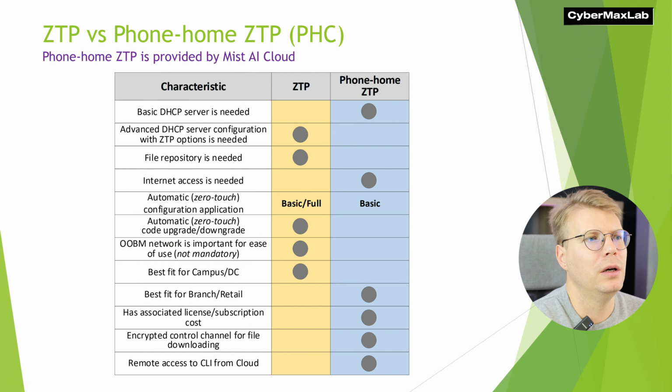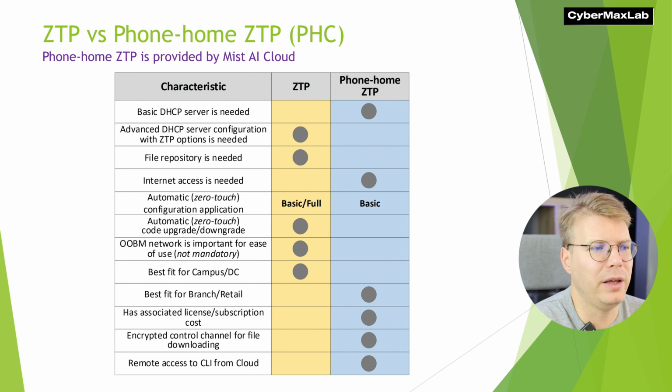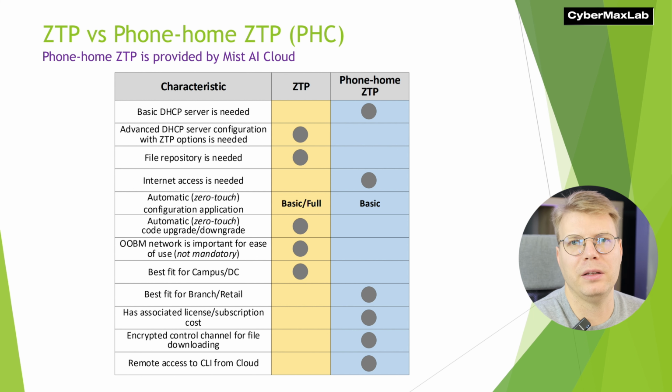Configuration application: ZTP can do basic or full. The difference is that basic is shared parameters, not device-specific parameters, while full has everything, shared and device-specific. Phone Home ZTP can automatically do basic configuration, not device-specific. You still can do it, but it requires a few clicks in the interface or utilizing the Mist AI API. Automatic code upgrade and downgrade: ZTP can do it. Phone Home ZTP can do it, but it will require, again, either manual clicks, a few buttons, or the API of